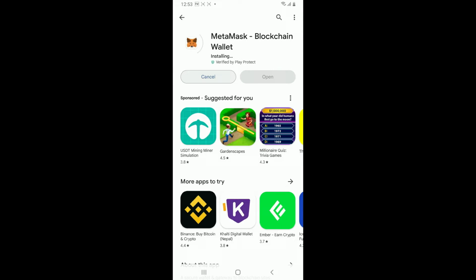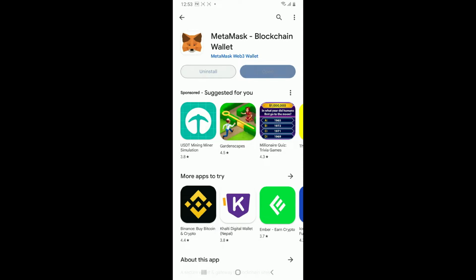Metamask is a cryptocurrency wallet and a gateway to blockchain applications. It allows users to interact with decentralized applications on the Ethereum blockchain as well as other blockchains that support the